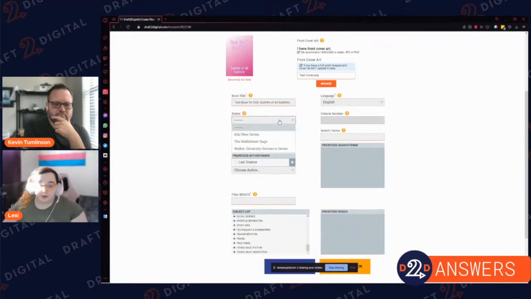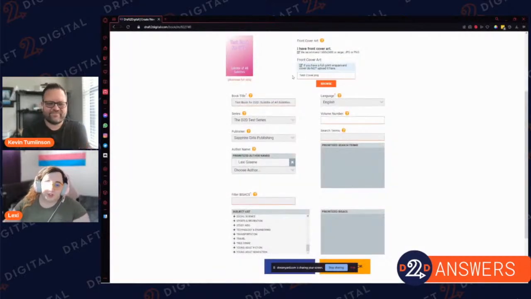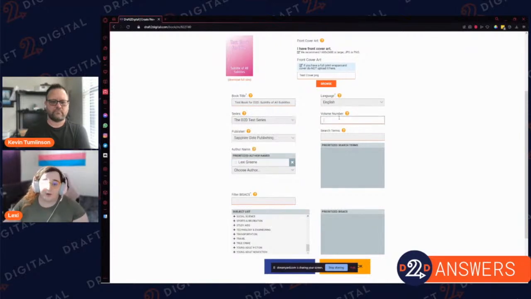When it comes to series information, we allow you to very easily group things in series. You're going to want to make sure, once you create a series, which we're just going to say is the D2D test series, it's super exciting, I know, that once you create other books in this, you just grab it from the dropdown. If you create different series that are close in name but not the same, that's going to end up impacting how they show up on the site. So you want them to be able to group these books together. That way, when someone gets to book 1, they can find book 2 nice and easily,